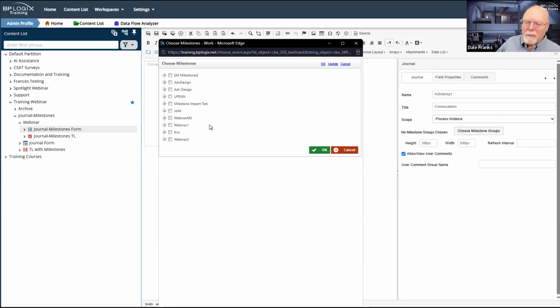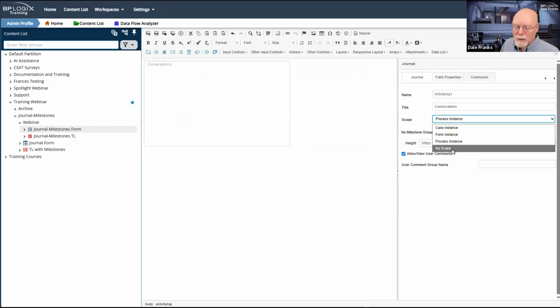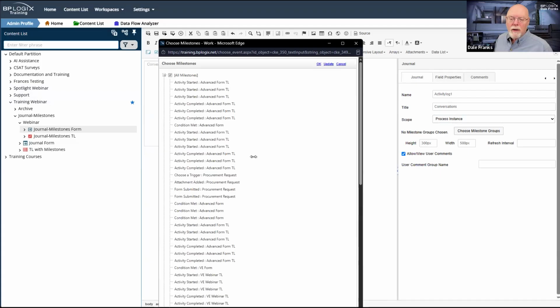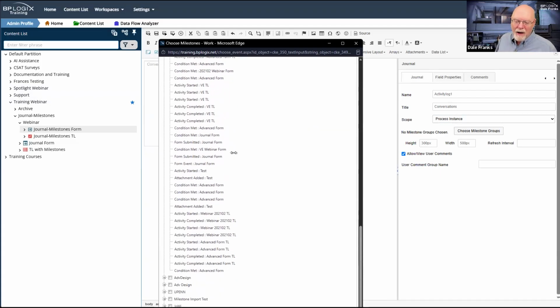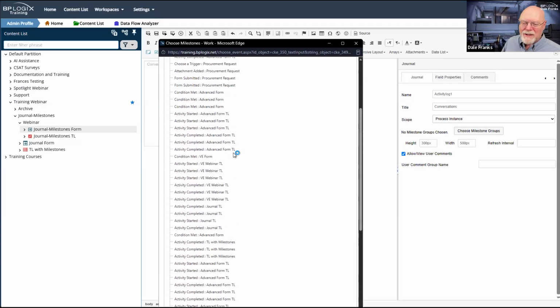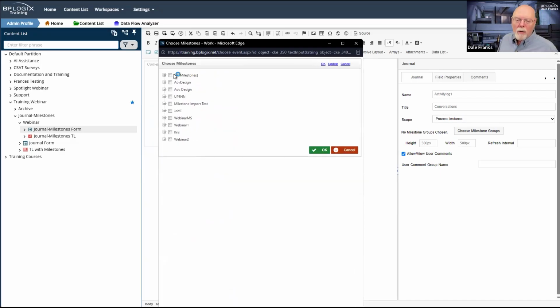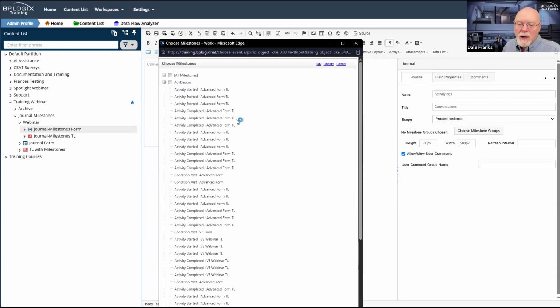So for example, let's say that I had set my scope to no scope. So I was pulling everything that exists in my process director installation. I can still do that, but I would have to choose all milestones to grab that group so that it would pull. As you can see, I have many milestones in many different places, but I have all of these milestones, and I might want to track all of those, and I would click all milestones and select it to grab all of those.